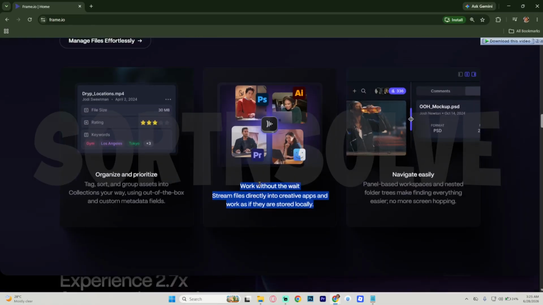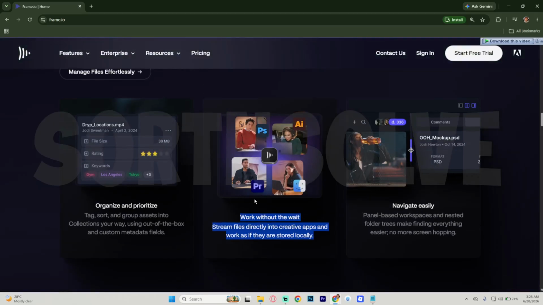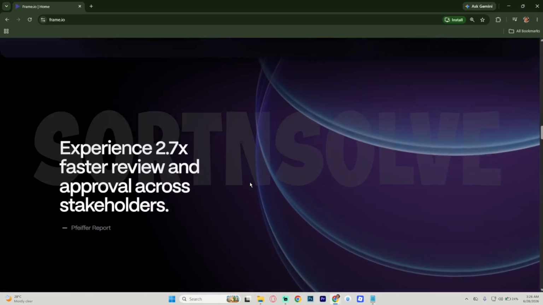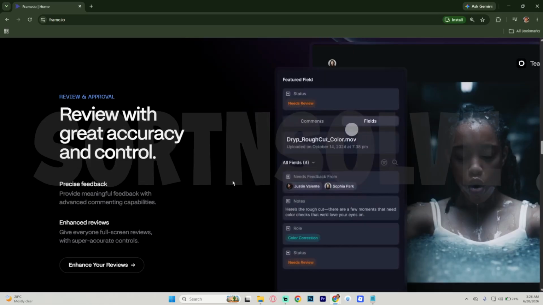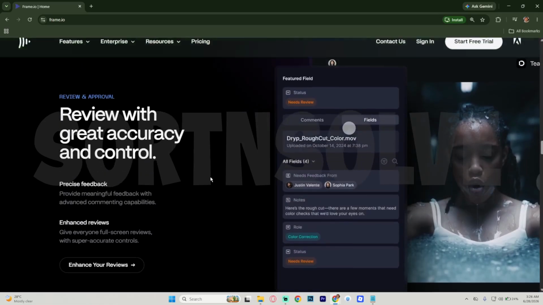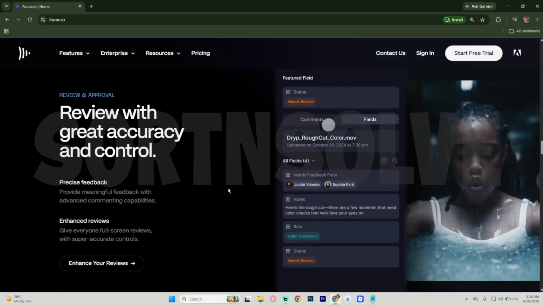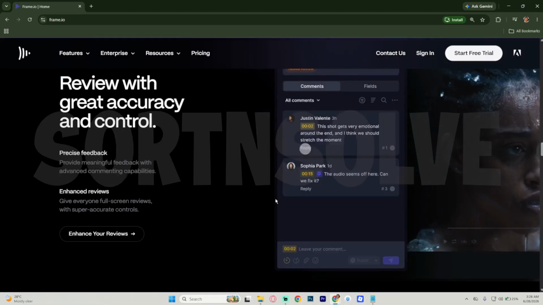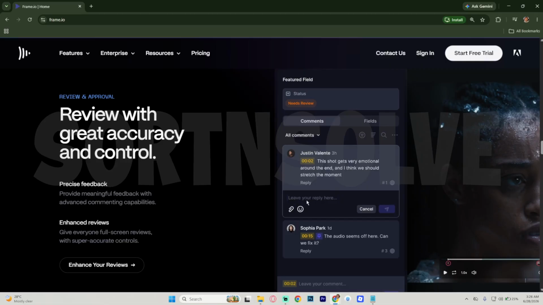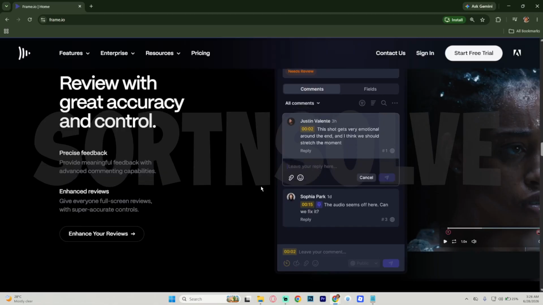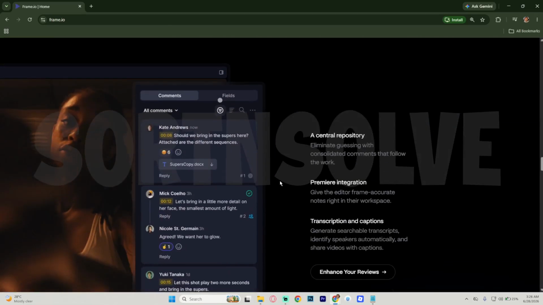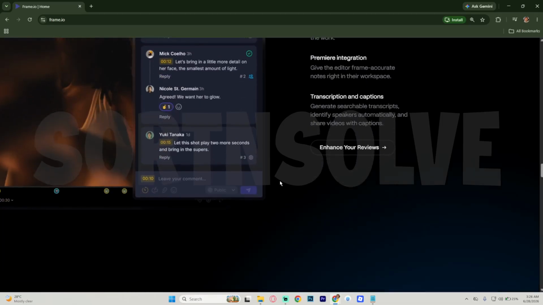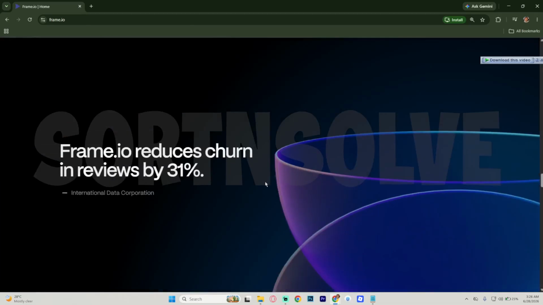The latest version 4 upgrade takes things even further by introducing highly advanced custom metadata tagging, a re-engineered nested folder system for seamless asset organization, automated transcription for audio dialogues, and significantly faster parallel file upload speeds via their dedicated transfer app. In terms of onboarding cost, Frame.io offers a limited free trial option to test out basic functions,